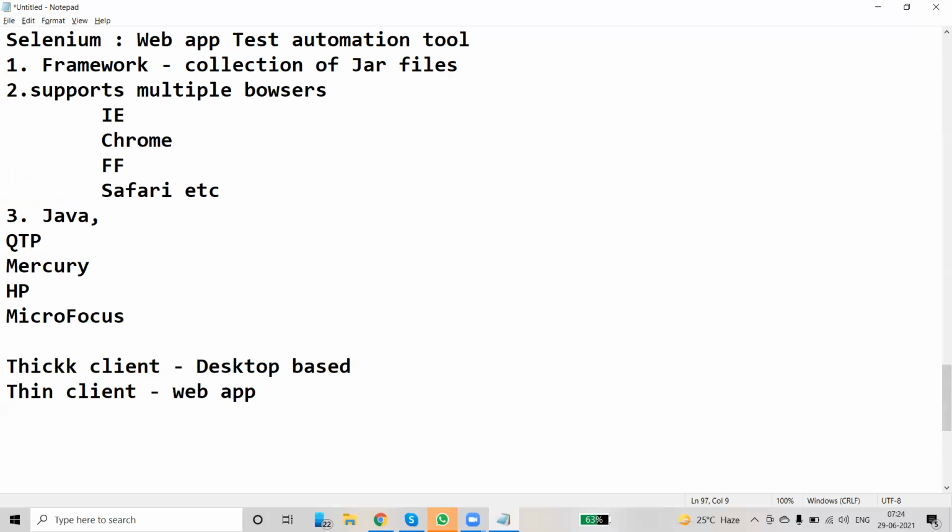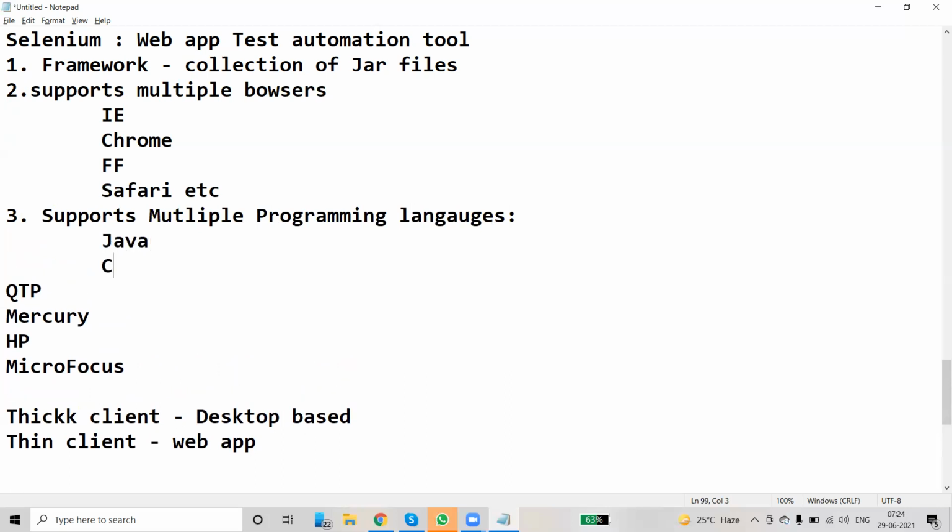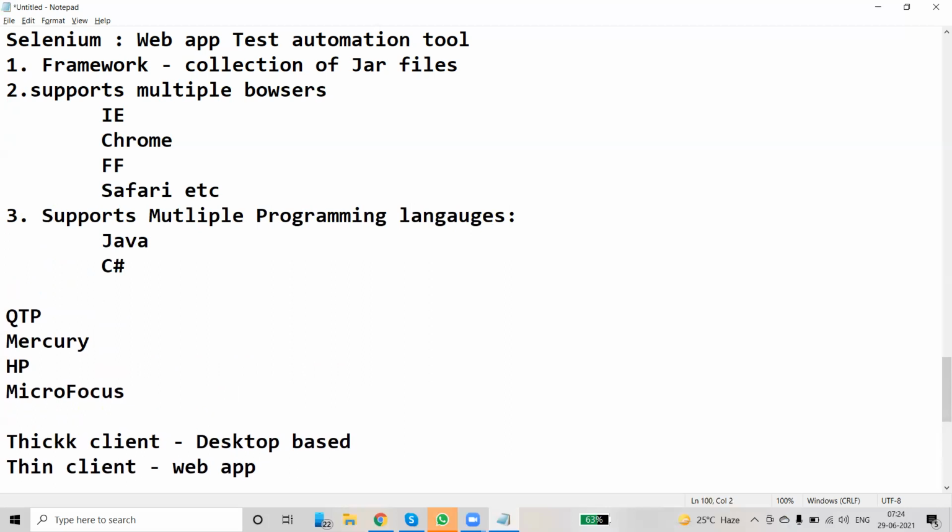Java, C#, Python. These are famous programming languages. We can create test scripts in any one of these programming languages.